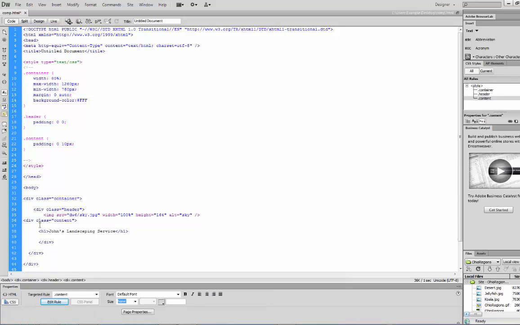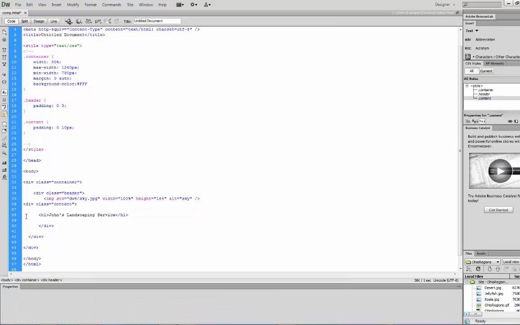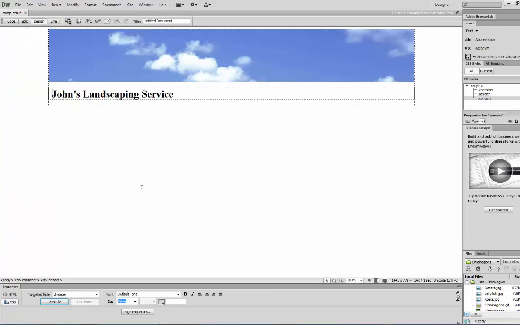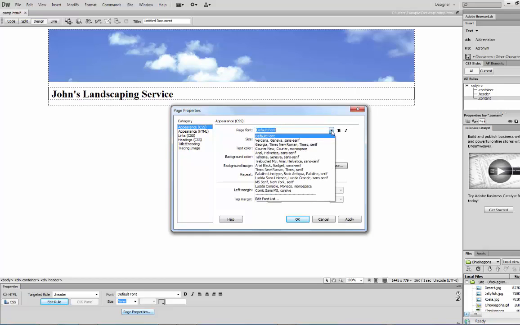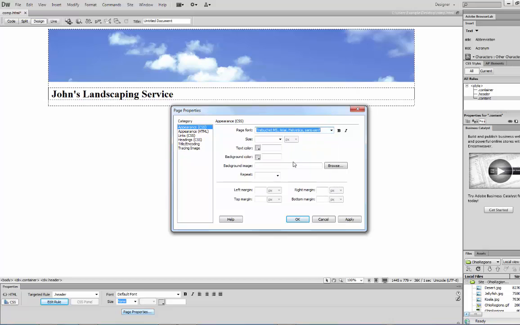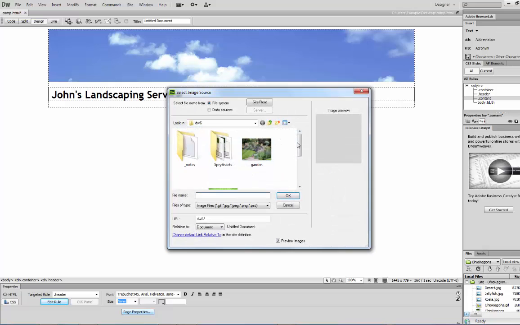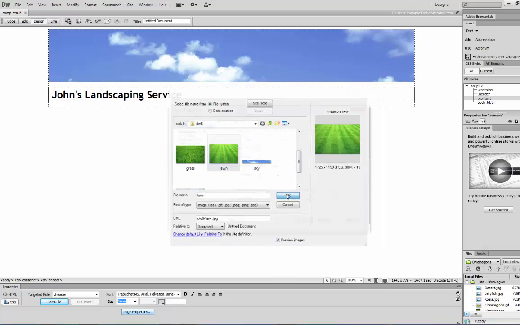And then the next thing that I want to do is start styling the page. For that, I can go back to the design view, and I'm going to click Page Properties, and under CSS, this is going to add the rest of the CSS for me. I think for this, what I'm going to use is Trebuchet as the font, and then the background image I'm going to set to this lawn picture that I found,